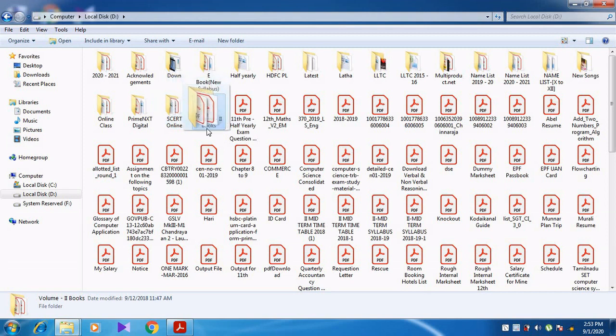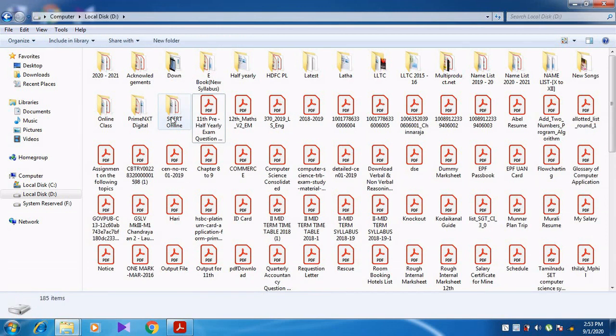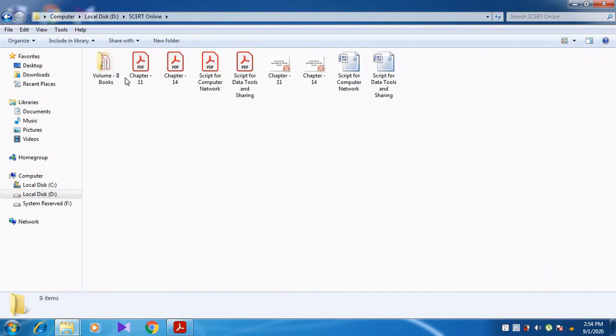See here. Whenever you select the file or folder using the left mouse button, I am just moving across to another folder. So when I release the left mouse button, now you cannot see the Volume 2 books folder. When I open this, here you can see the Volume 2 books folder is available. Can you understand, students?